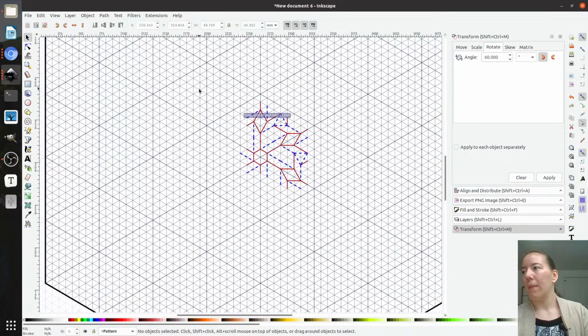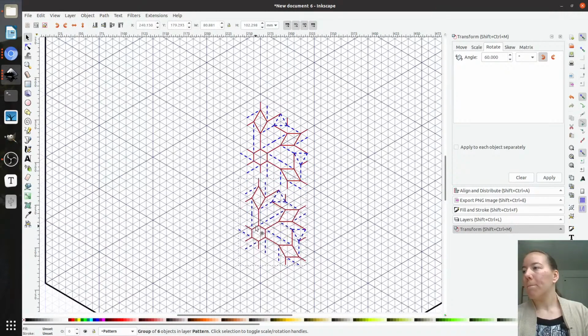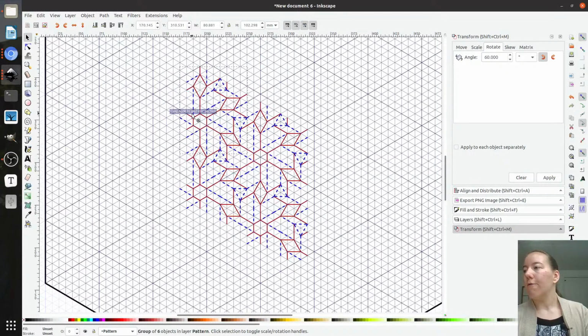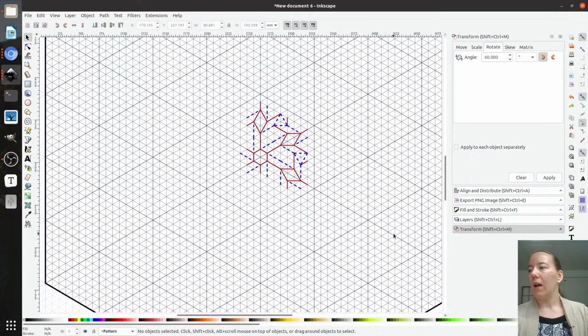And bam, I've got my repeating unit. And I can group that, duplicate, and you can see that it repeats over very nicely. But what if I want to do something a little different? What if I want a different repeating unit? So if I undo here,